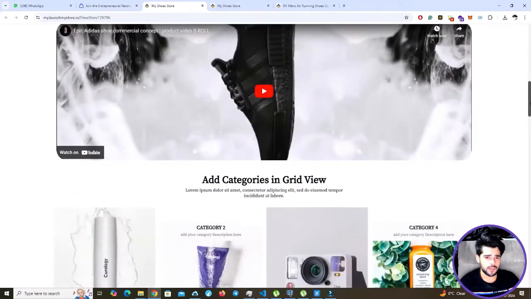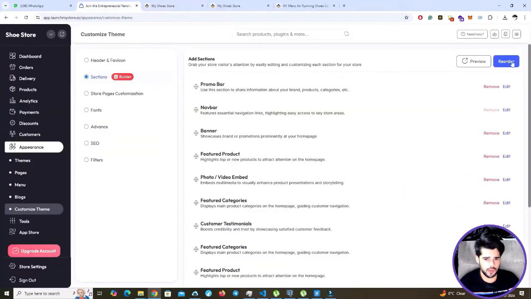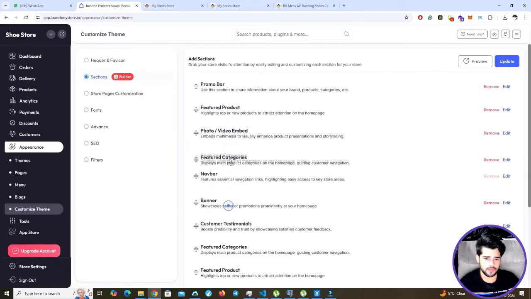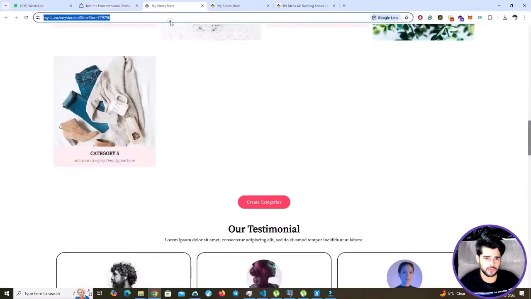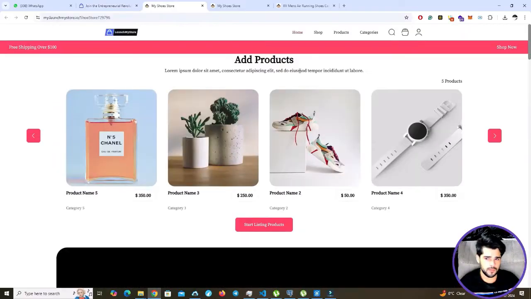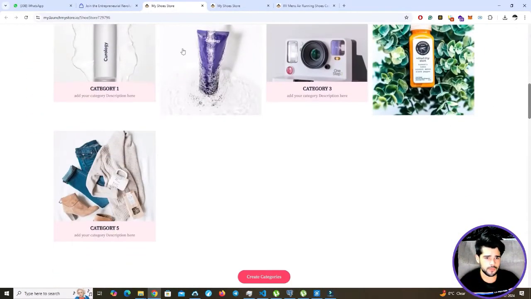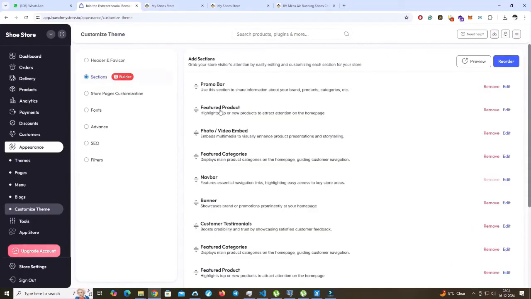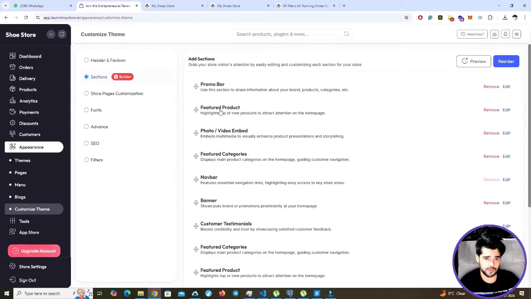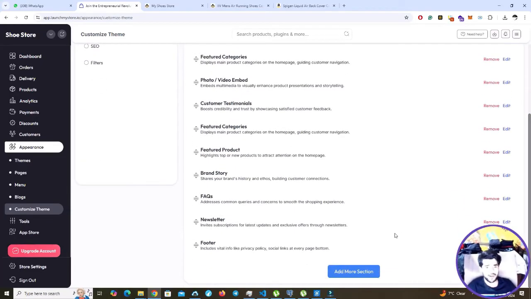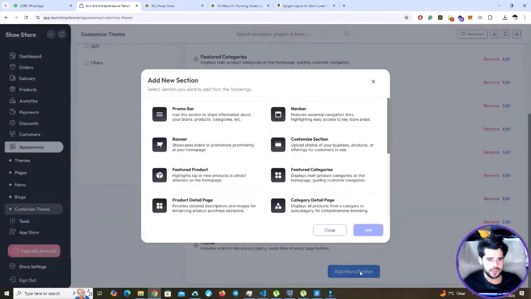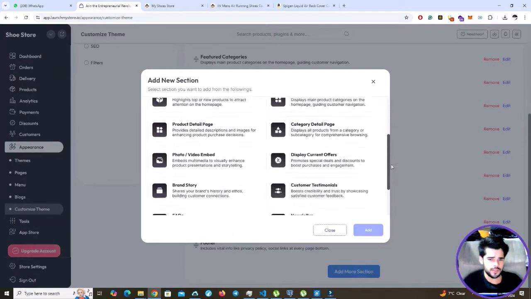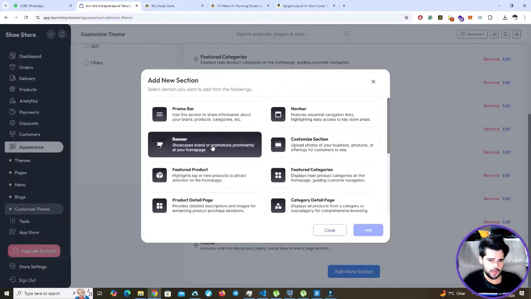This is how our landing page is looking now. Let's start by reordering it. As you can see, it has been reordered. But worry not, if you are technical enough, it can be complex if you want it to be complex by using CSS codes if you like. So now let's add a new section. Click on Add More Section. You can choose any section you like. I will just go with banner for now.